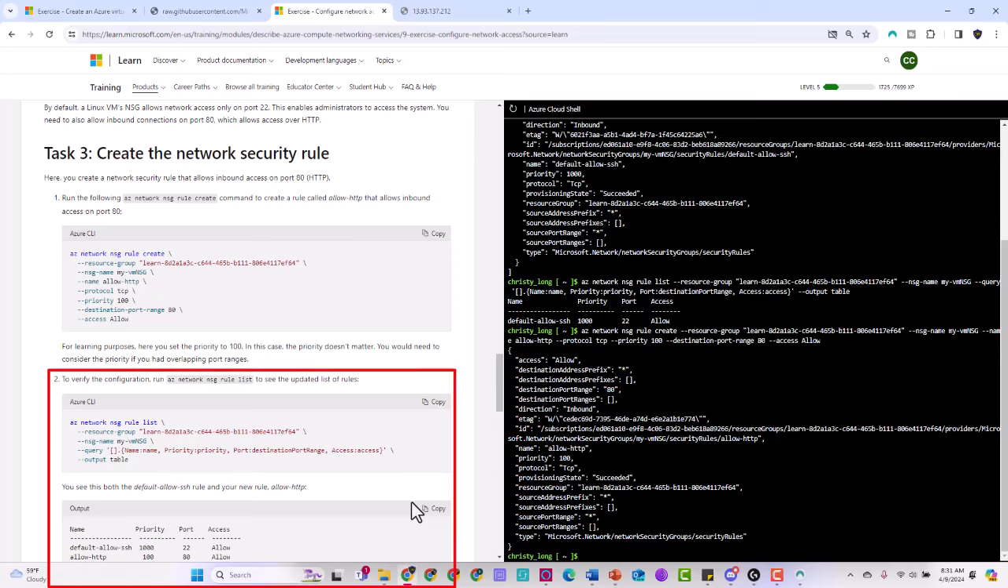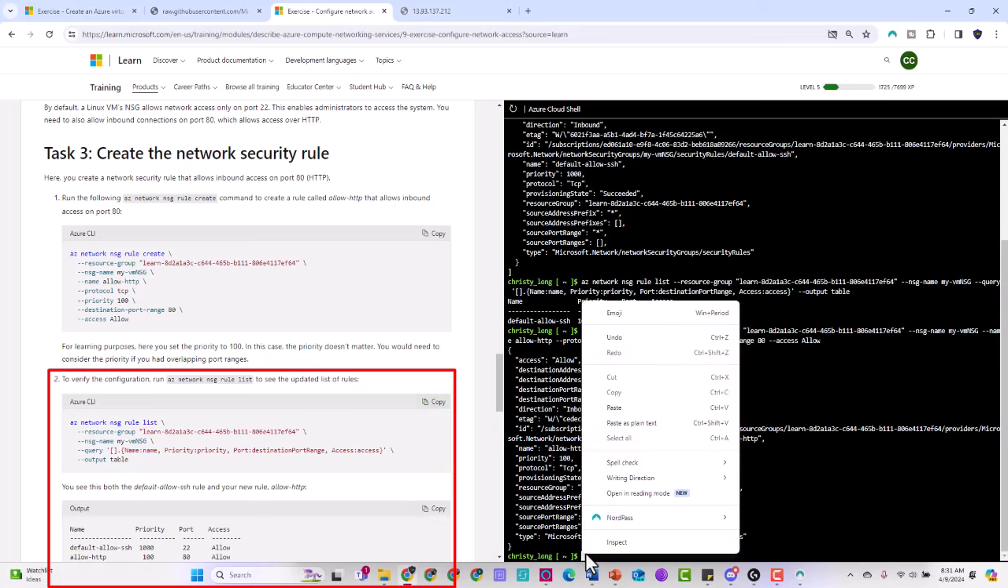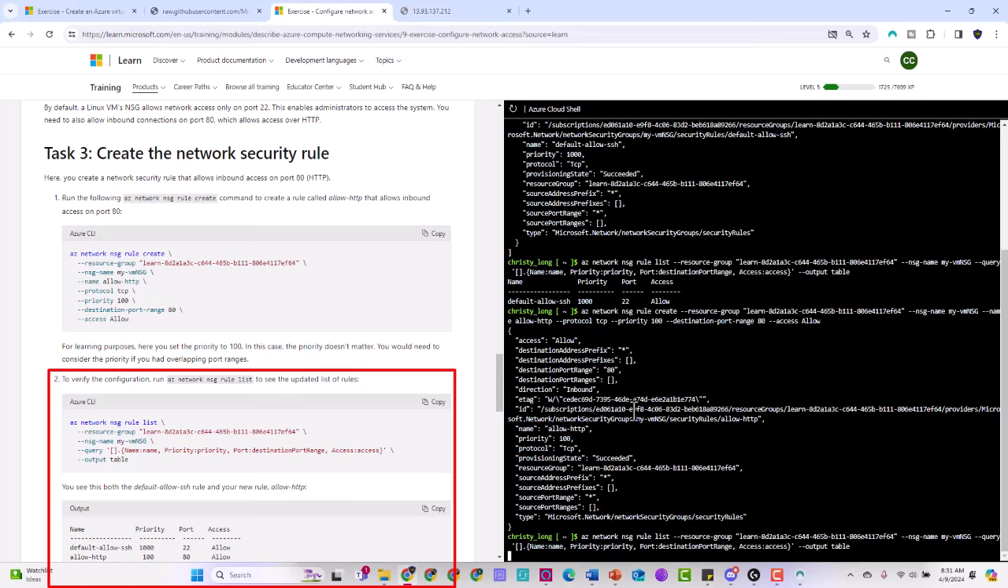In step 2, to verify the configuration, run az network nsg rule list to see the updated list of rules. Copy the command, paste it. The following command verifies the completion of the previous rule and displays the information in a table. This command produces a comprehensible table displaying the specified properties of the rules within the targeted network security group, which